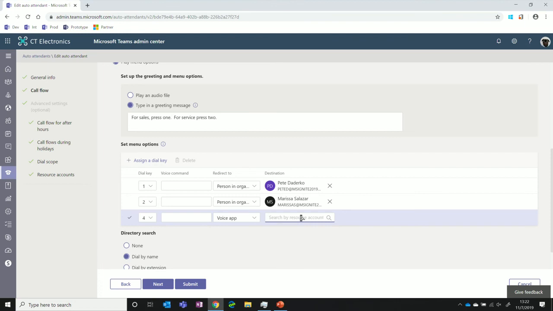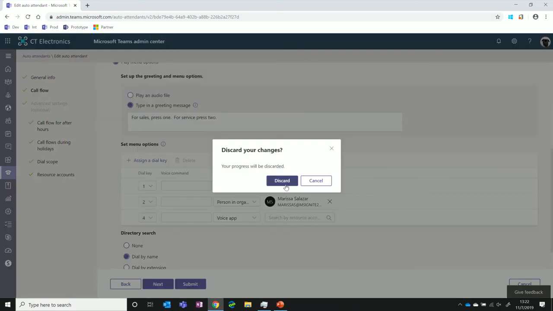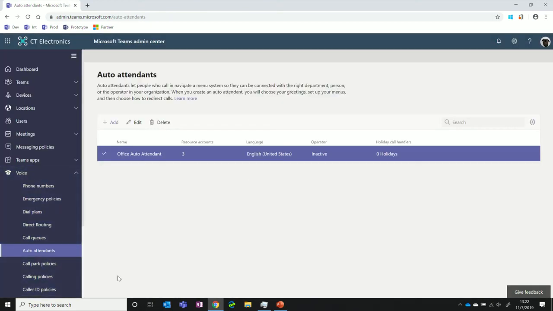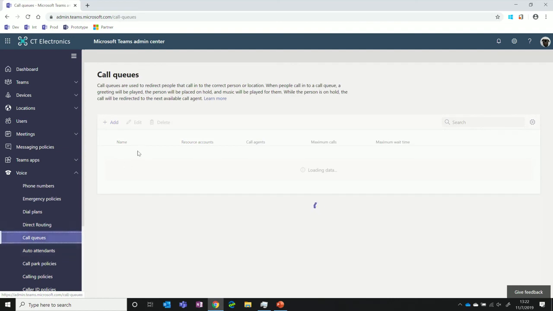Key point, we're not, again, transferring to the app itself. We're actually transferring to the resource account that's associated with that application. So if I wanted to, I could go and configure that in here. And then for call queues, a little bit of a simpler experience where I've just got a single page of